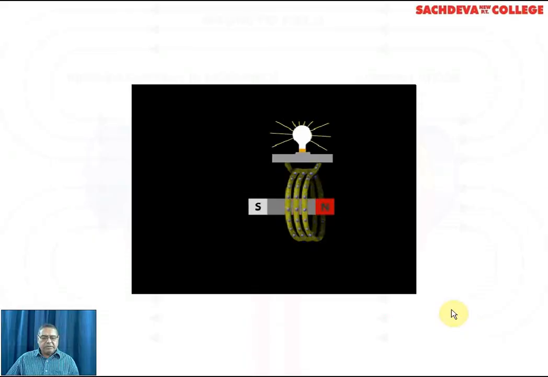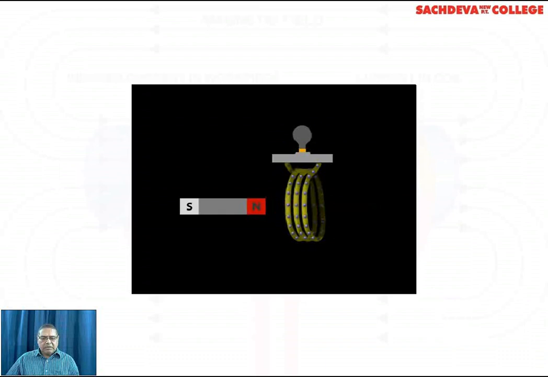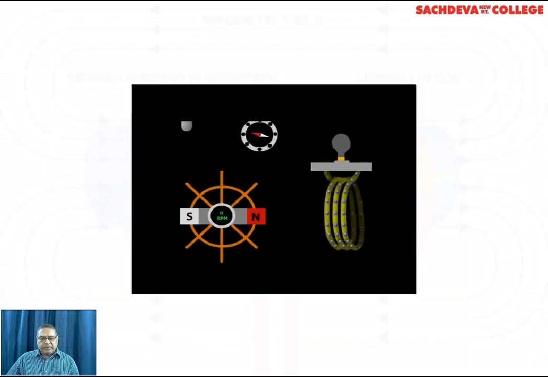This arrangement is indicating the Faraday's law of electromagnetic induction. When the magnet enters the coil, the lines of forces are cut, induced current is generated, and induced current will be responsible for the glow of bulb. So this is depicting the Faraday's law of electromagnetic induction, that is, rate of change of flux will be directly